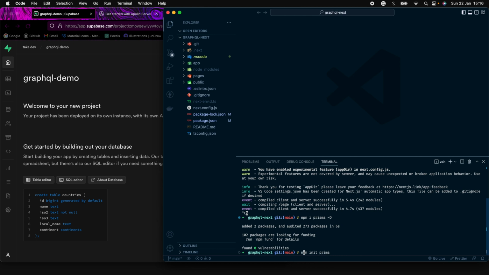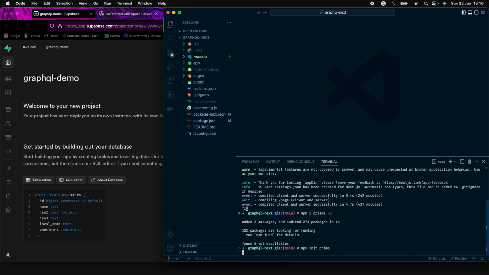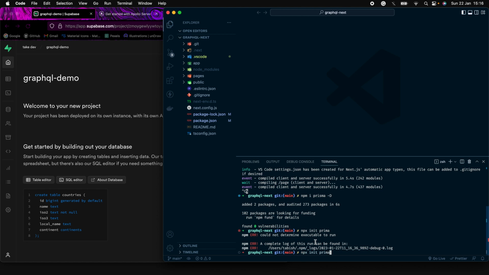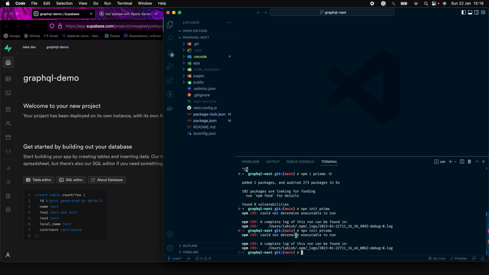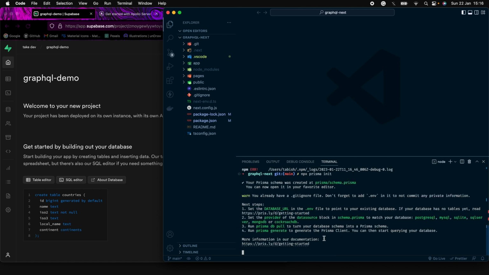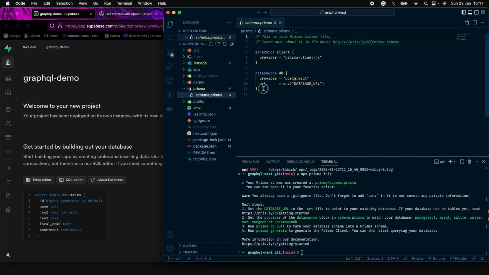I think it was npx init prisma. Okay, I misspelled that. npx prisma init. Okay. So that creates a prisma folder for us and this file. So now let's